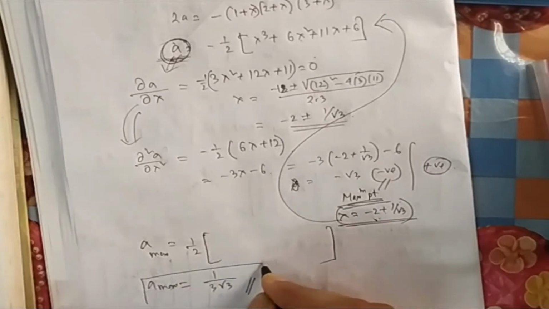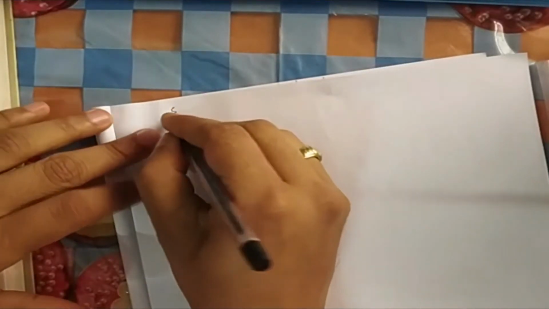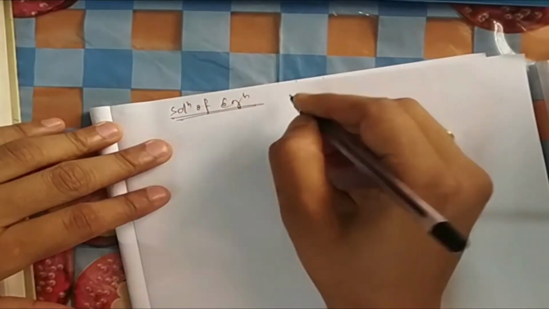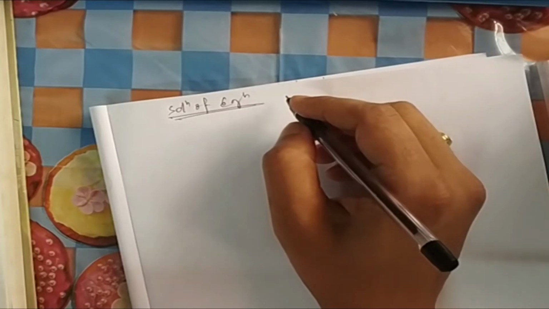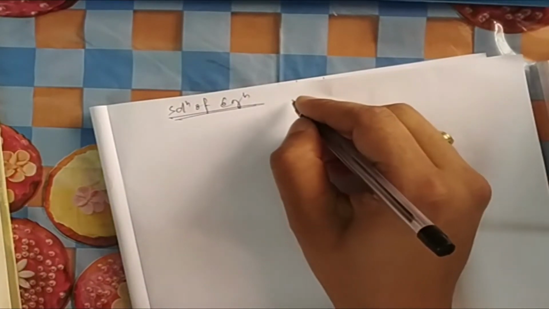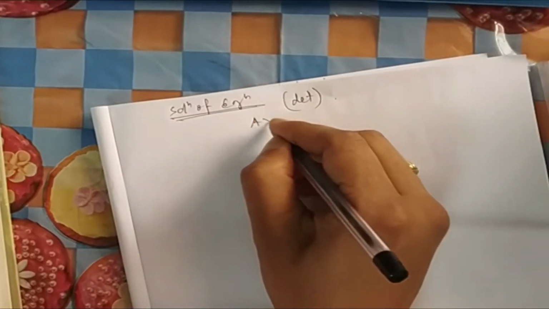What I promised you earlier, that I will show you a different way. I have already told you rank, that's why I have gone through the rank approach. But for solution of equations, you have a determinant approach. For smaller determinants, at least 2 cross 2 or 3 cross 3, you can easily calculate. So you can go by the determinant approach. What is the determinant approach?